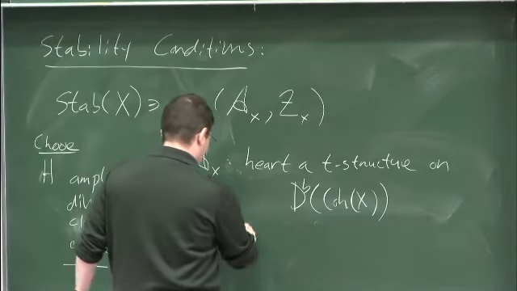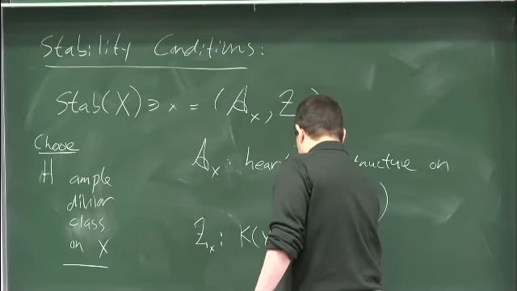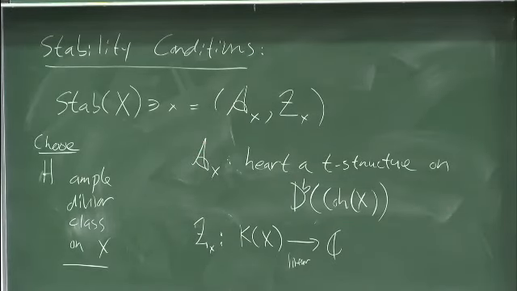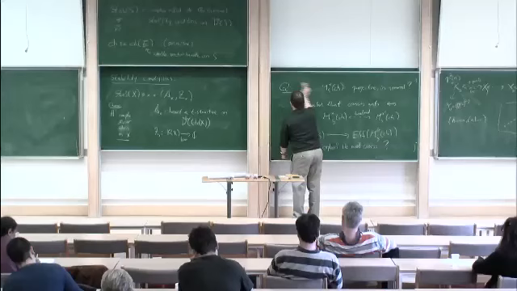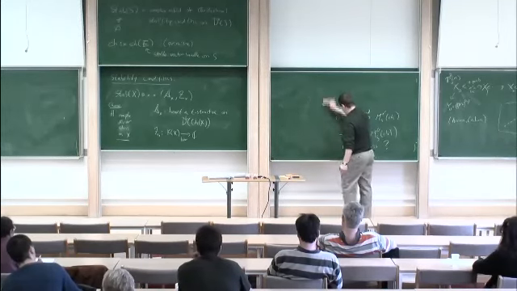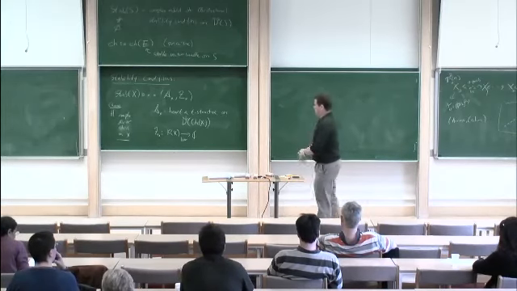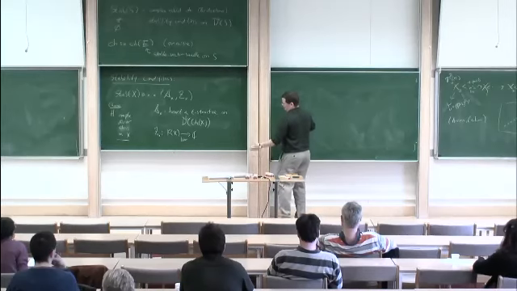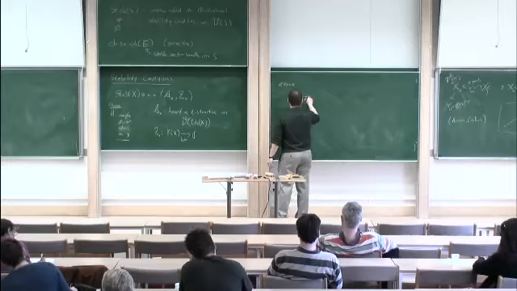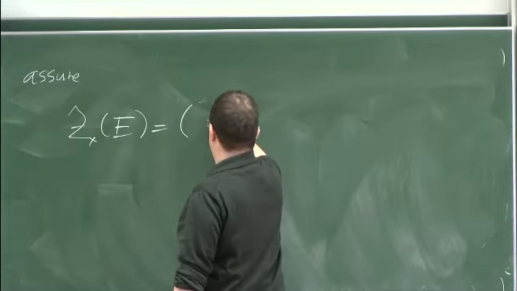So what I wanted to say is that Z is just a linear map from the K theory of X to C, but just to fix in our minds what's really going on, let me assume that Z has the following form. It's going to have real and imaginary parts, and let's just assume, which I won't need to in general, that Z has a nice form. It's going to be given by a pair of linear maps, and let's say it just looks like